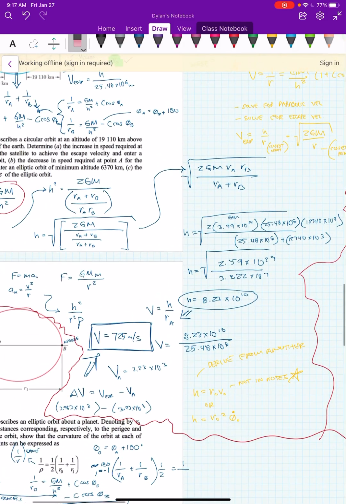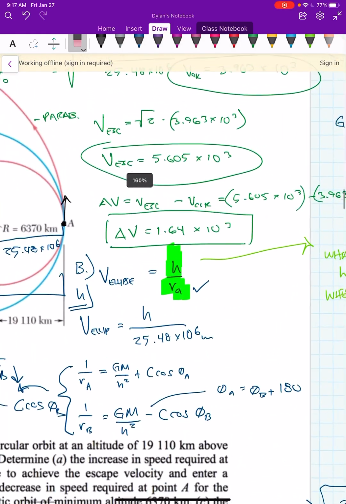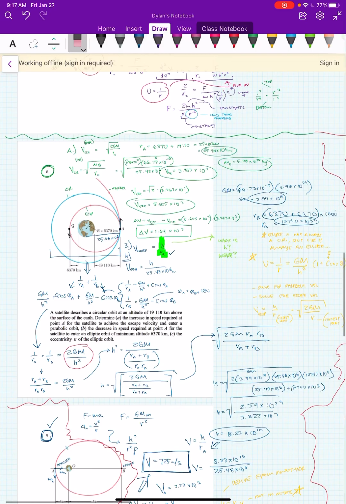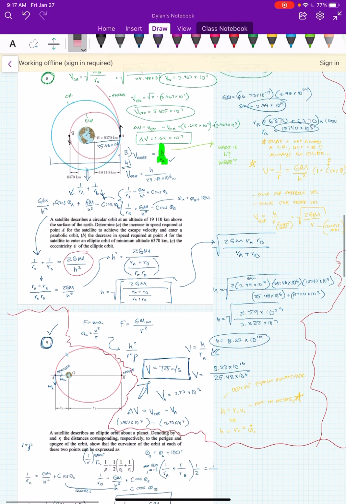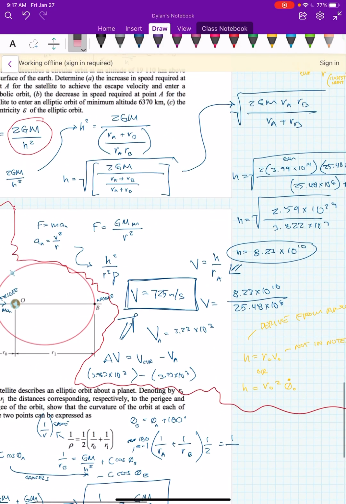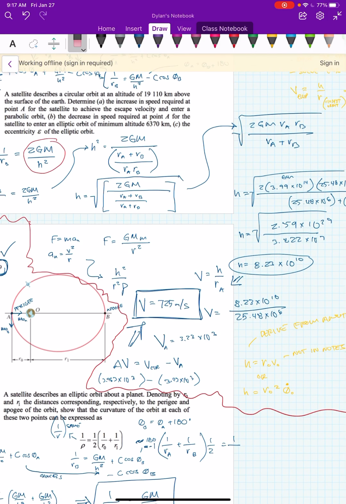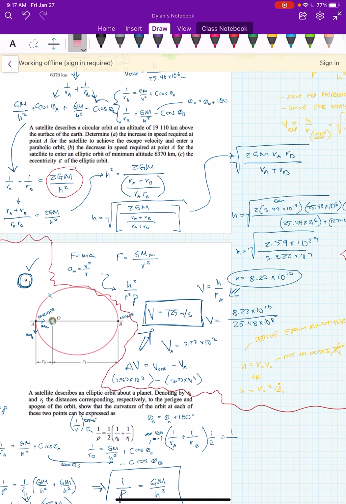And then from that point, once I have h, I take it back to the original equation up here that was highlighted. Velocity of an ellipse is h over rA. Plug in my h and my radius at point A and get my velocity,